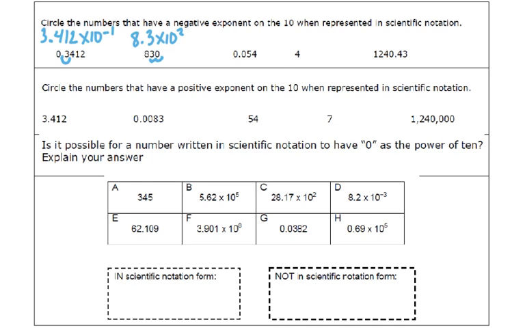So in 0.054, I move it two spots to the right, so I have 5.4 times 10 to the negative 2. With a number that is 1 through 9, there's no decimal to move because it's already where it needs to be. It's already to the right of the whole number. So this would be written as 4 times 10 to the 0. 10 to the 0 will give you a 1, so 4 times 1 gives you 4 again. And then finally,